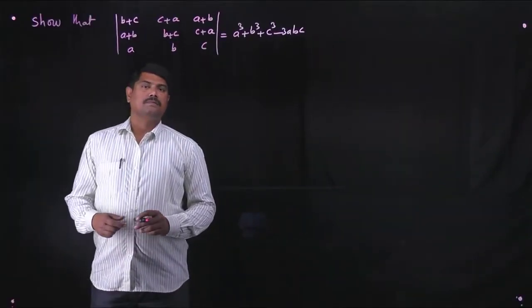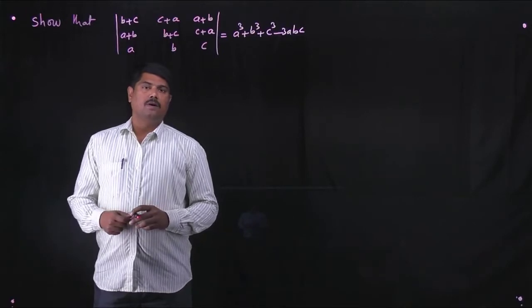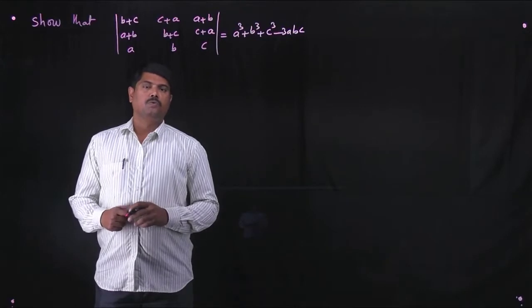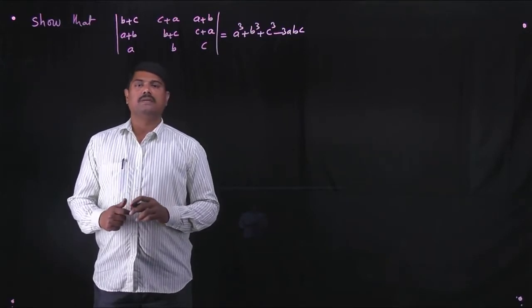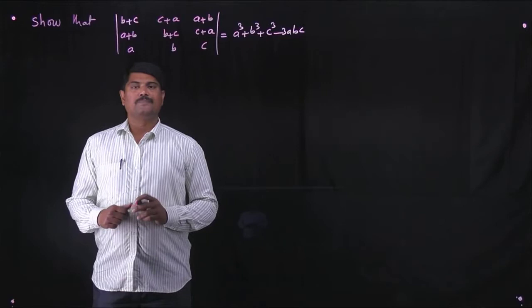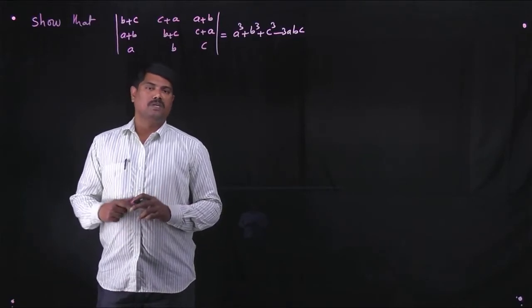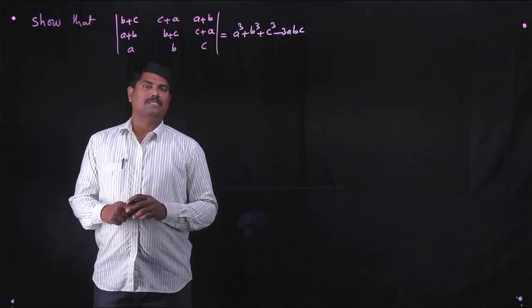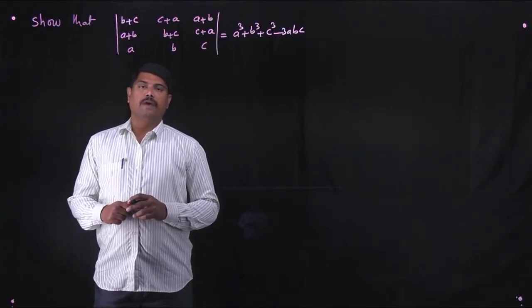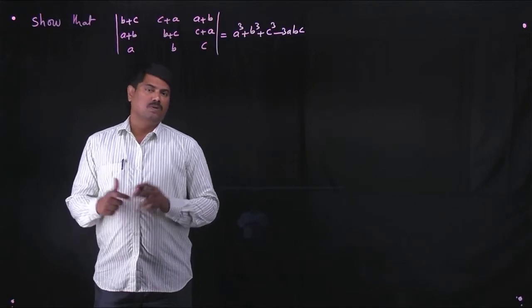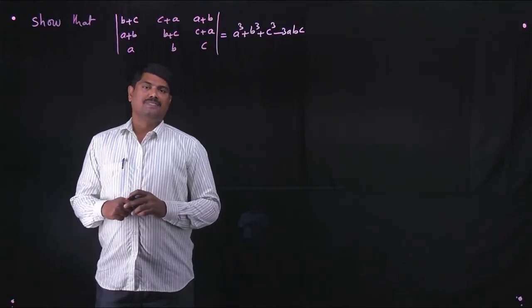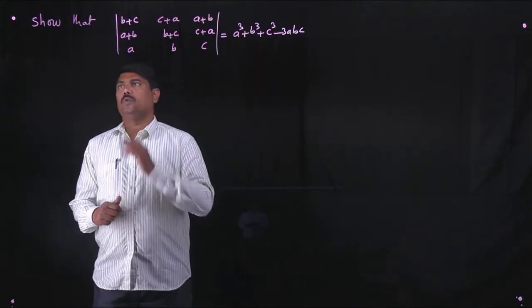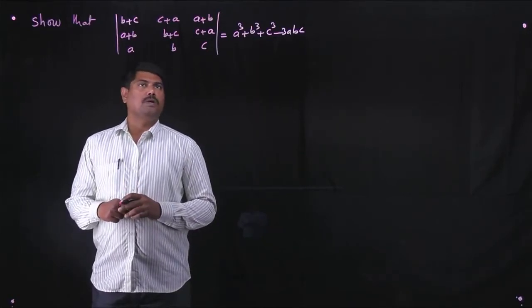Dear students, after learning all the properties of determinants, now we are going to do some problems related to the properties of determinants. Generally, these problems are given as long answer questions as per Board of Intermediate. In objective questions also, they may give questions related to this concept, properties of the determinant. Now we have one problem on our board.